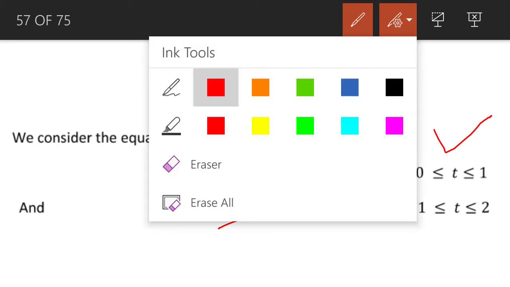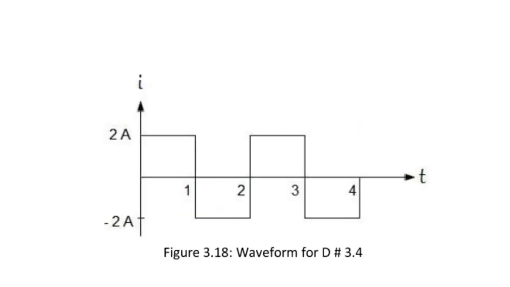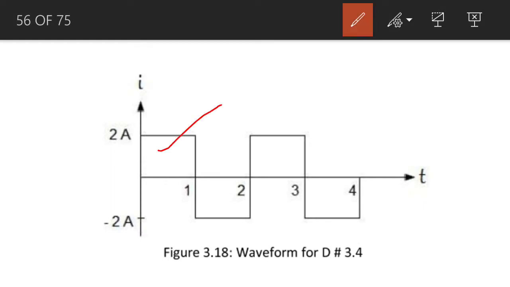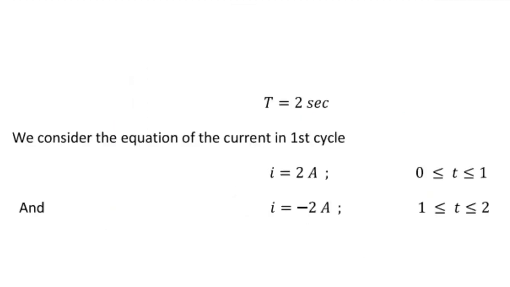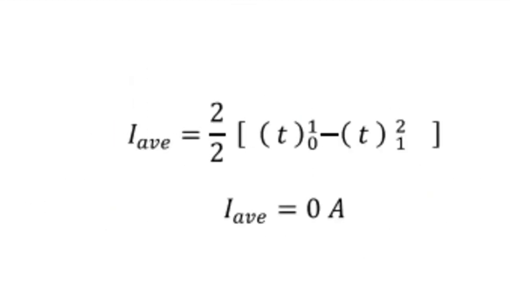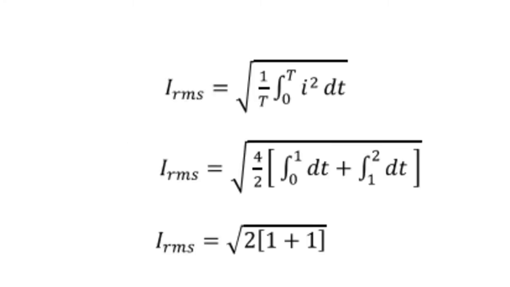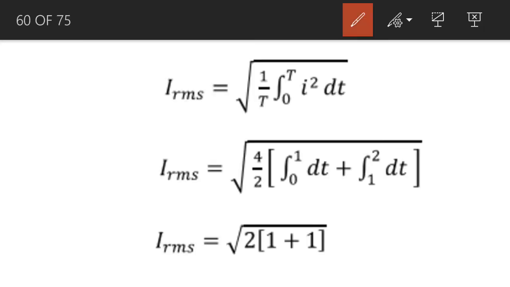Let me consider this waveform once again. You see, the current is 2 ampere from time t is equal to 0 to time t is equal to 1, and then this current is minus 2 ampere from time t is equal to 1 to time t is equal to 2. So we consider the complete cycle of this particular current. So we calculate the root mean square value of this current. As we have the time along the horizontal axis, so the root mean square value of this time varying current